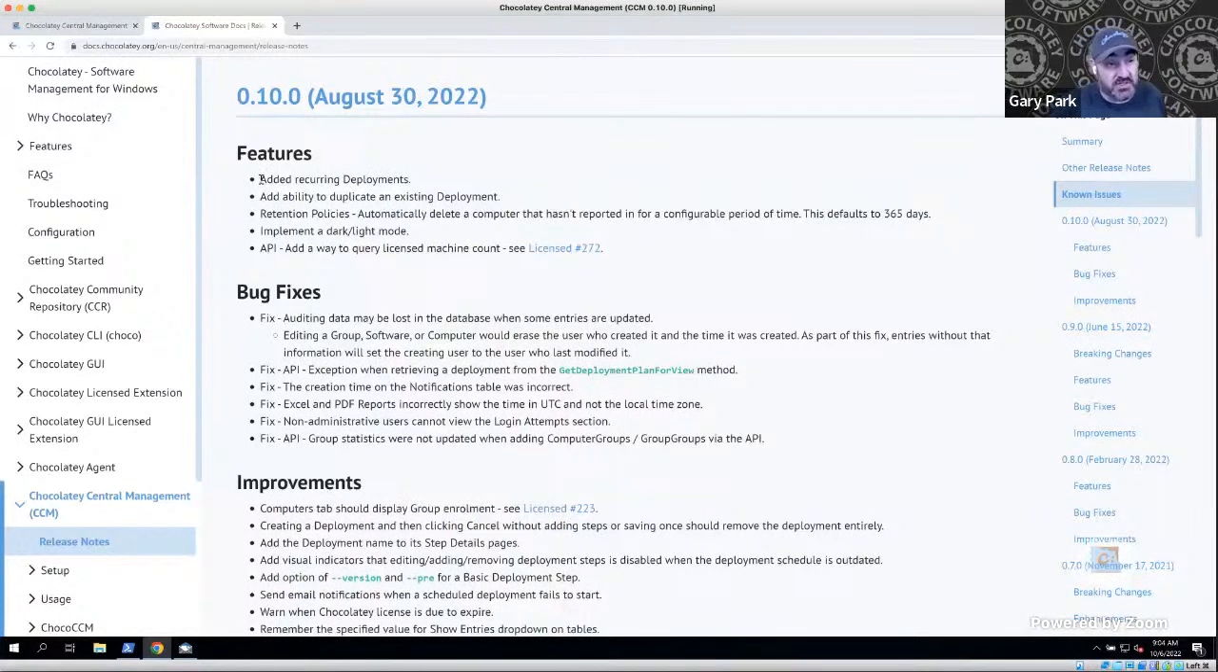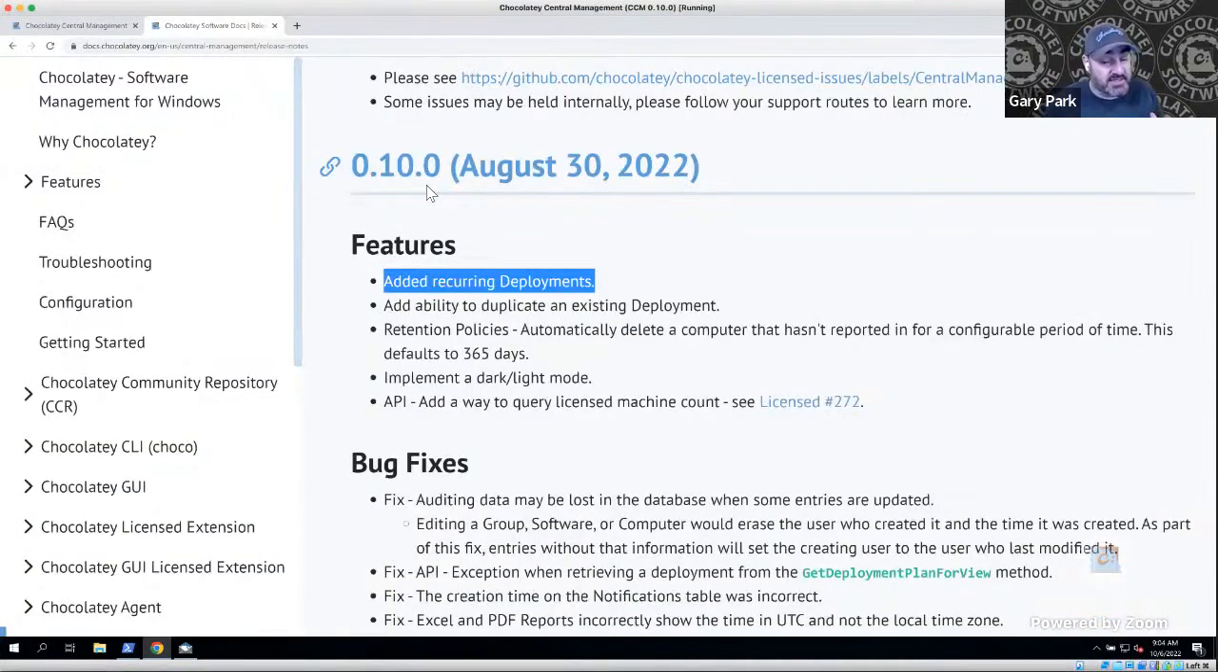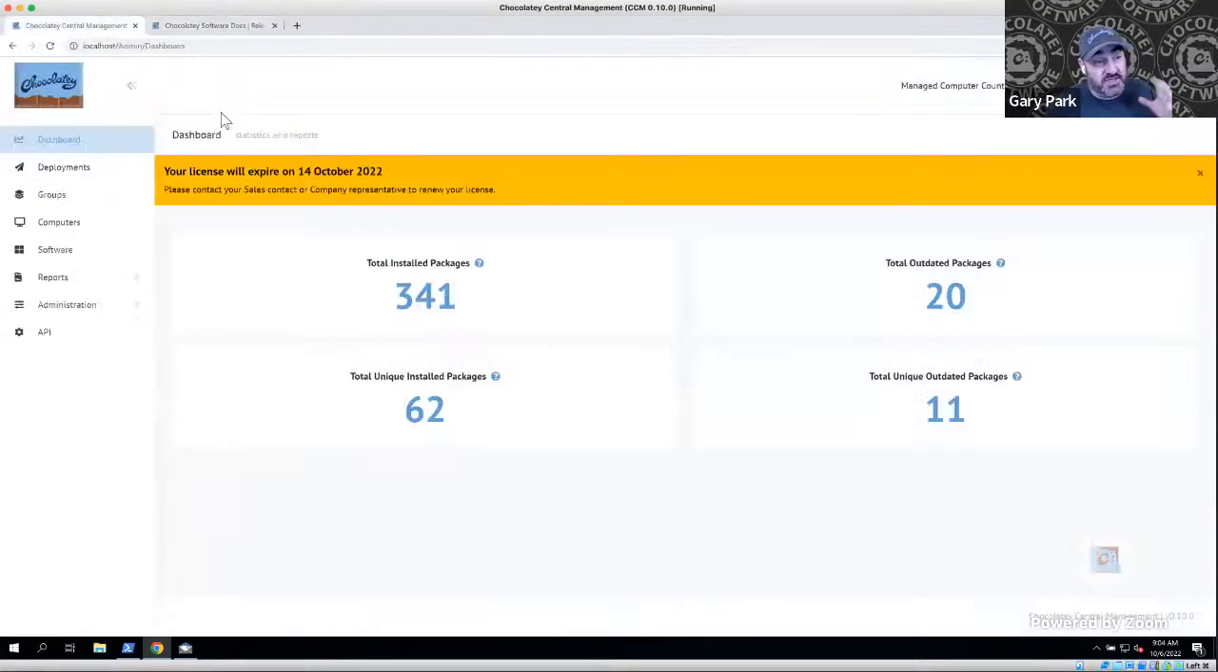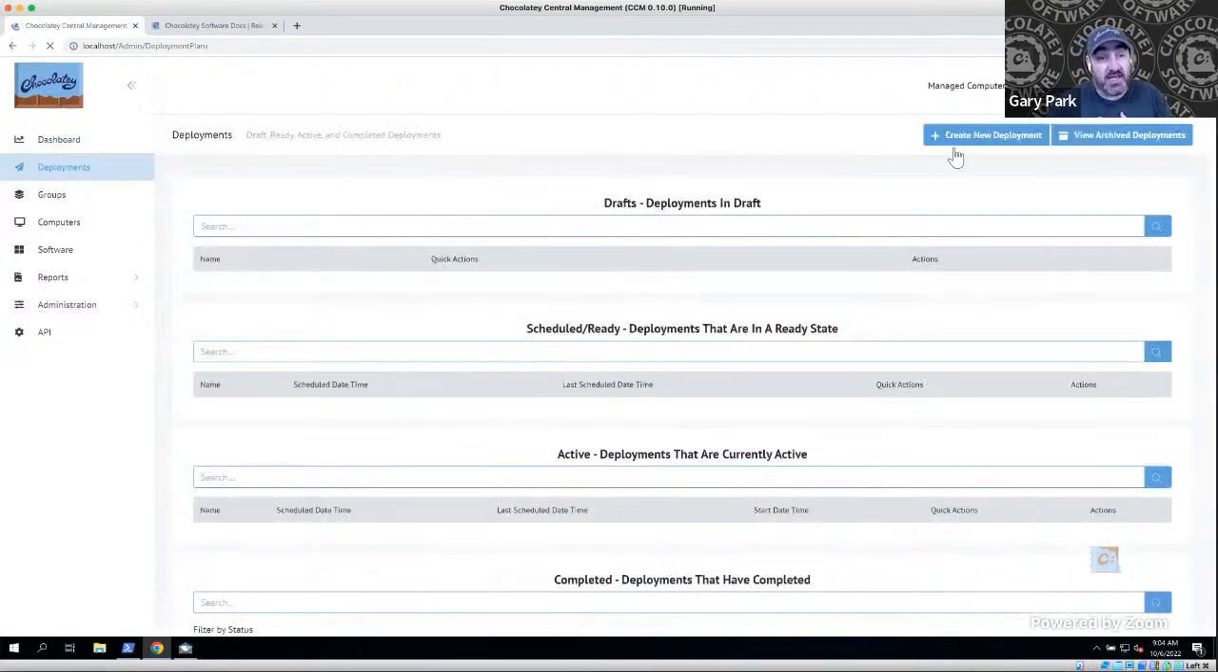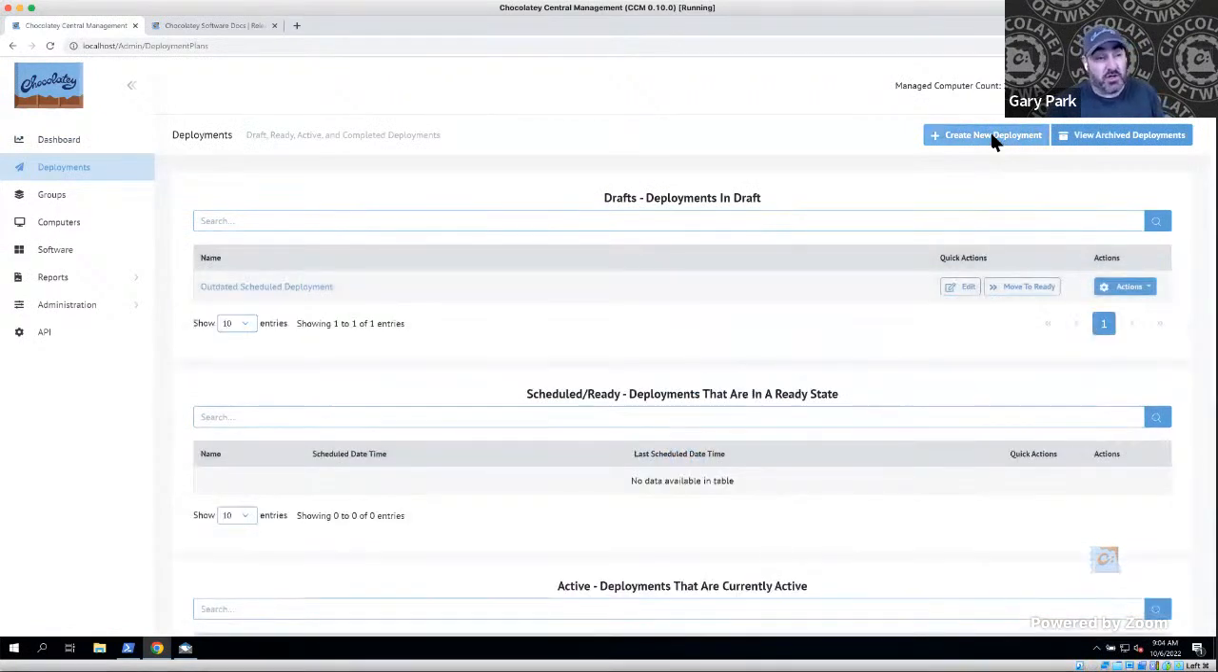So one of the first ones there was the concept of adding recurring deployments. So this has been a feature request that our support team have been fielding for quite a while. So what this is all about is, if I go over to here, this is Chocolatey Central Management, the latest 0.10.0 release. So if I go into deployments and I go and create a new one,